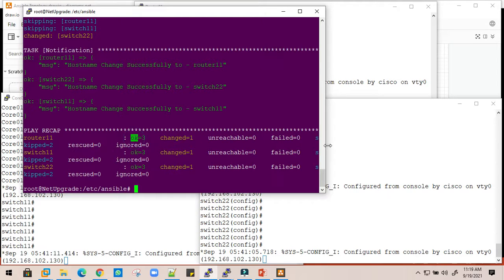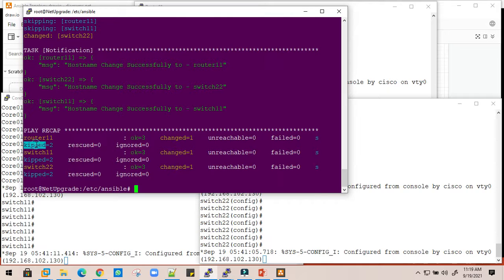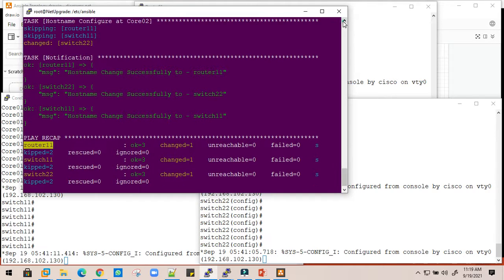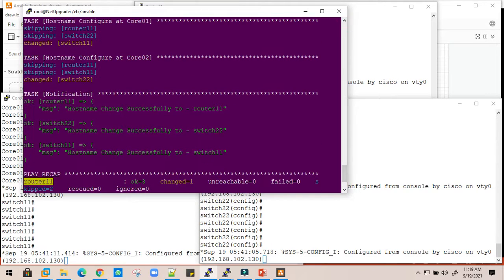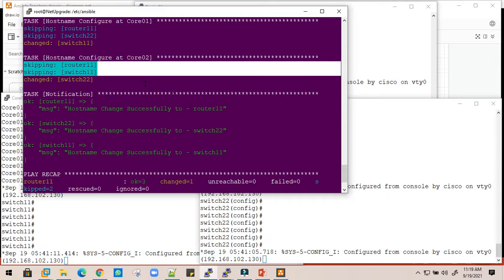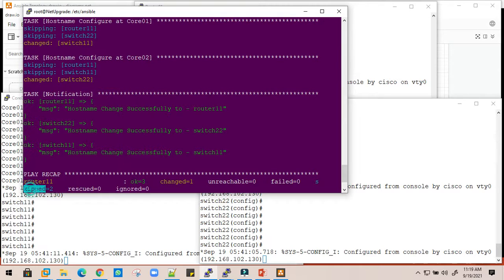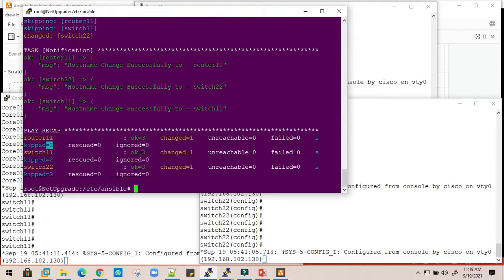But if you have noticed, it says skipped 2. It means when it is executing this play for these devices, there are some other devices as well. So 2 devices have been skipped, which is mentioned here as skipped 2 in the case of the router, and in the case of switch 1 it also skipped 2, and switch 22 as well, it also skipped 2. The change was done once and it was perfect.